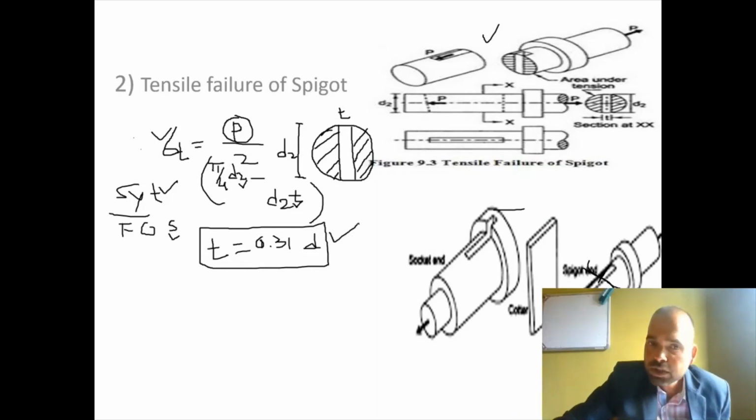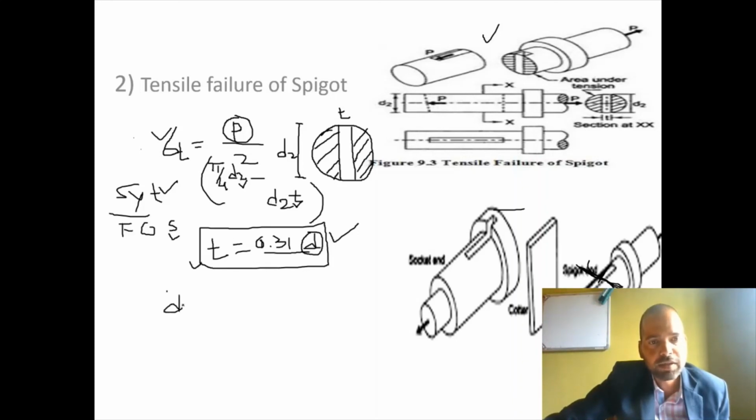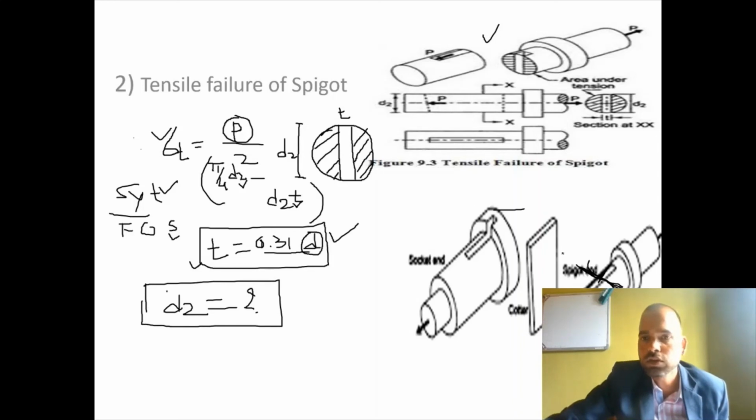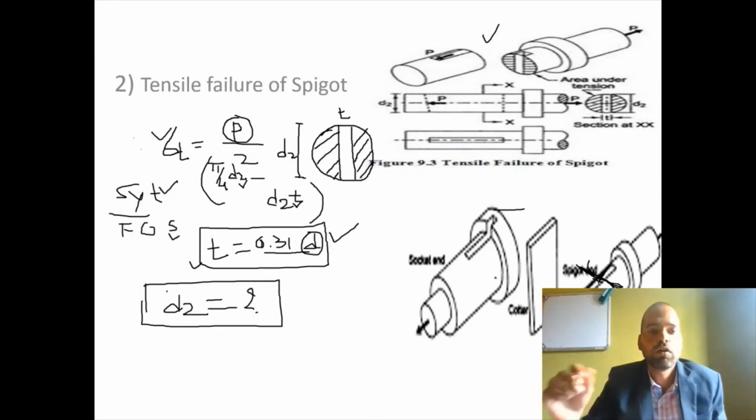So if you take this T, which depends on the diameter we have found in the earlier equation, that is T equal to 0.31 times D, and put it in this equation, this part of the spigot will be safe for the applied force. Hence from this equation, if we use T here, we can find diameter D2. So from this equation we will get the second dimension of this quarter joint for the spigot, that is diameter D2 of the other end of the spigot rod, right?